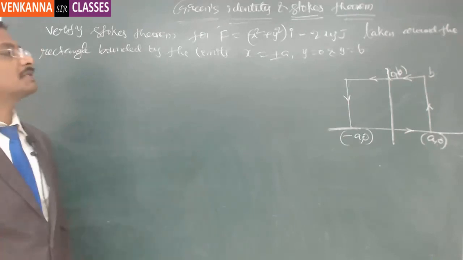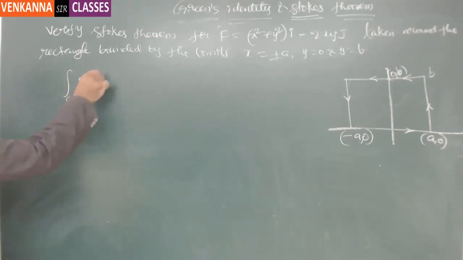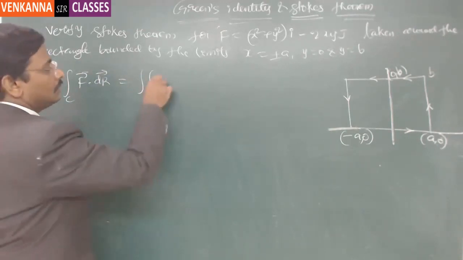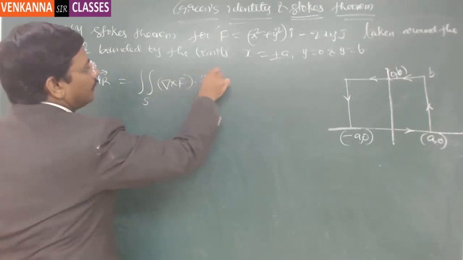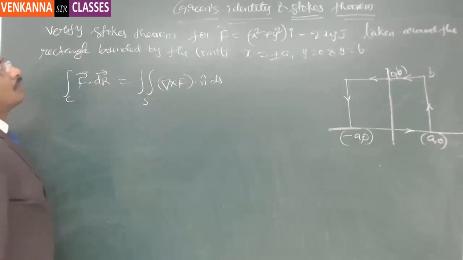Now let us find out the surface integral first. What Stokes theorem talks about is the integral over the closed contour C, F dot dr, which is equal to the double integral over the surface S of (del cross F) dot n cap dS. So if you want to find the surface integral, you have to calculate del cross